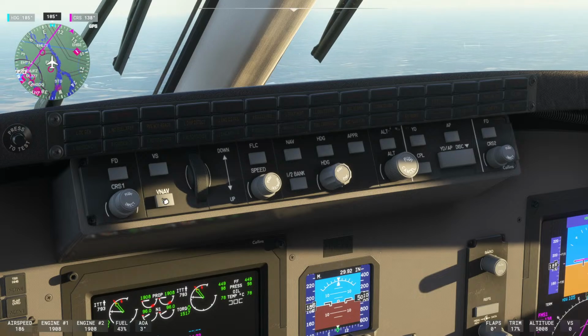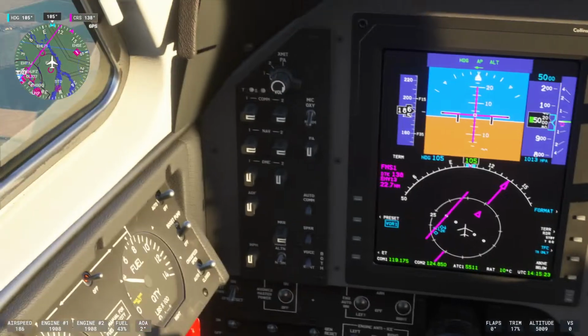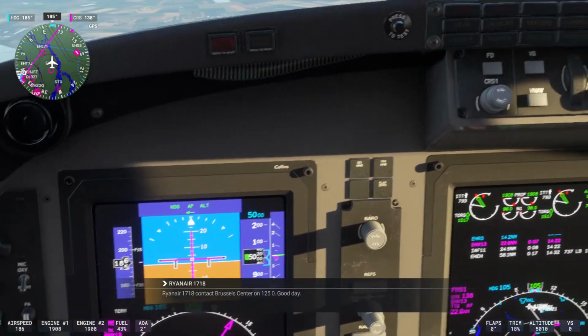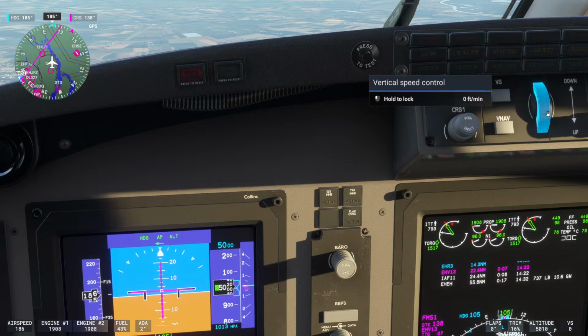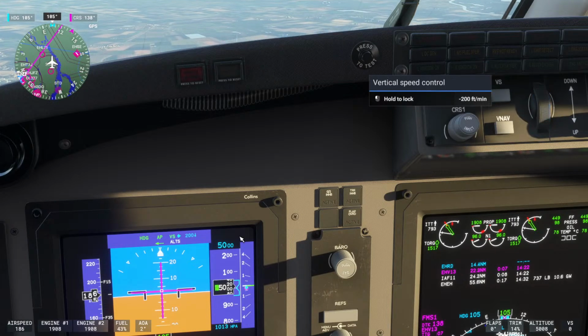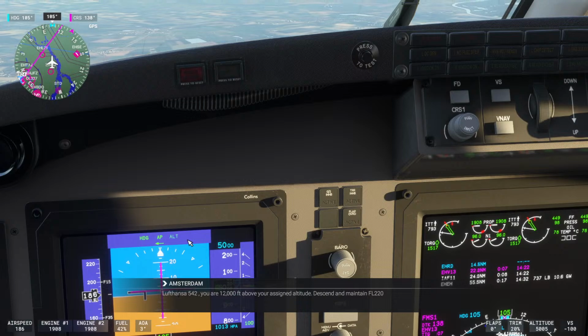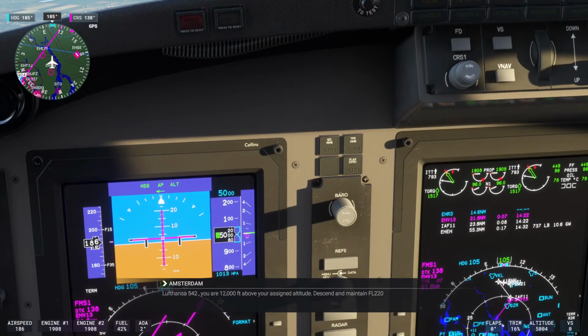So for example, the VNAV and the VS mode. The VS mode is the vertical speed mode. The vertical speed allows you to descend or increase speed, right? So if I activate it first and then decrease, you can see that it blinked shortly with 200, which means that you're going to descend with 200 feet